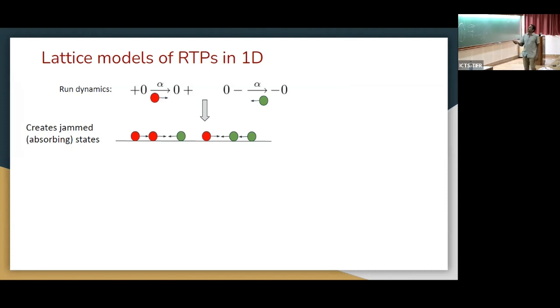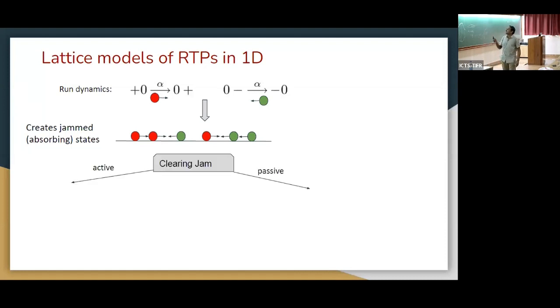Let us say that you have a one-dimensional system with some red particles which move right and blue particles which move left. That is the only system dynamics. If you wait sufficiently long, they will just collide and make a jam state. This is the absorbing or jam state. There is no surprise here, because one goes right and the other goes left, they come together, and the dynamics will not allow anything, they jam. So the question is: how to clear the jam?